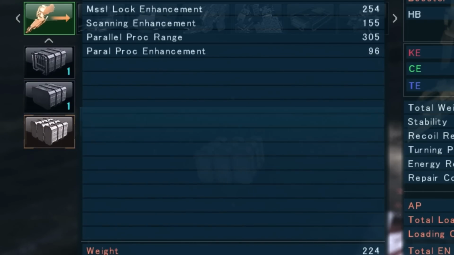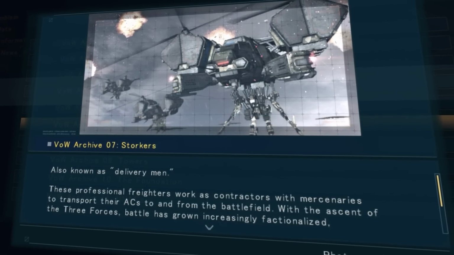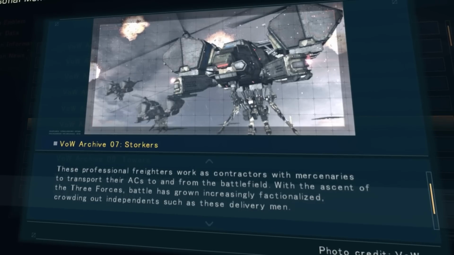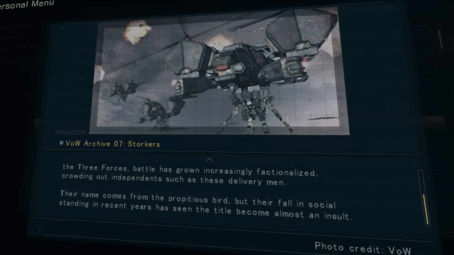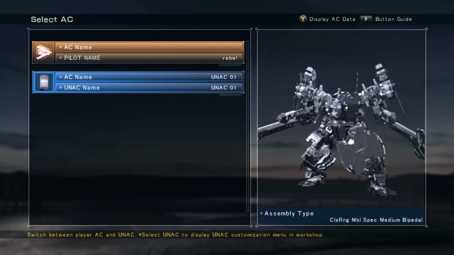Now, one little thing that's nice that they added back in is whenever you beat an AC or learn about a new organization, you get a little piece of mail that fills you in on a bunch of information for them. But moving on, there's one thing that separates this game from any other Armored Core game in the series,